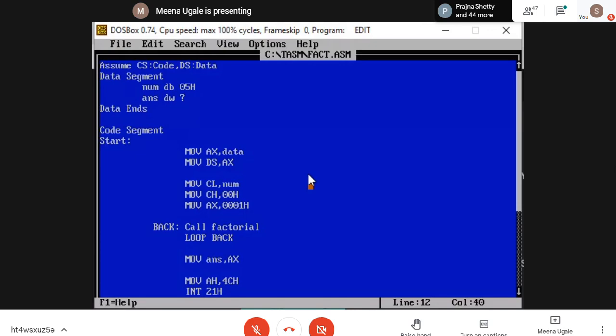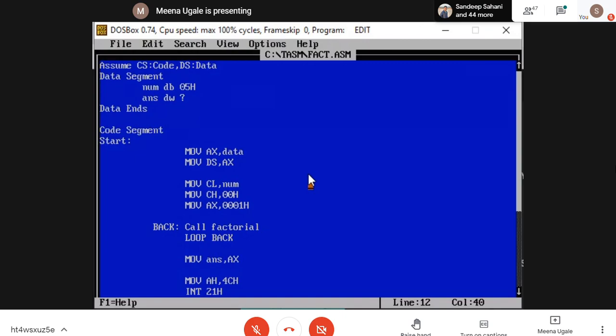Which number's factorial you want to calculate, declare that number in data segment. I'm declaring a new variable, num variable, and for num variable, I want to calculate the factorial. Any number that you write down, I'm writing 5. So this program will calculate factorial of number 5 once you run the code.